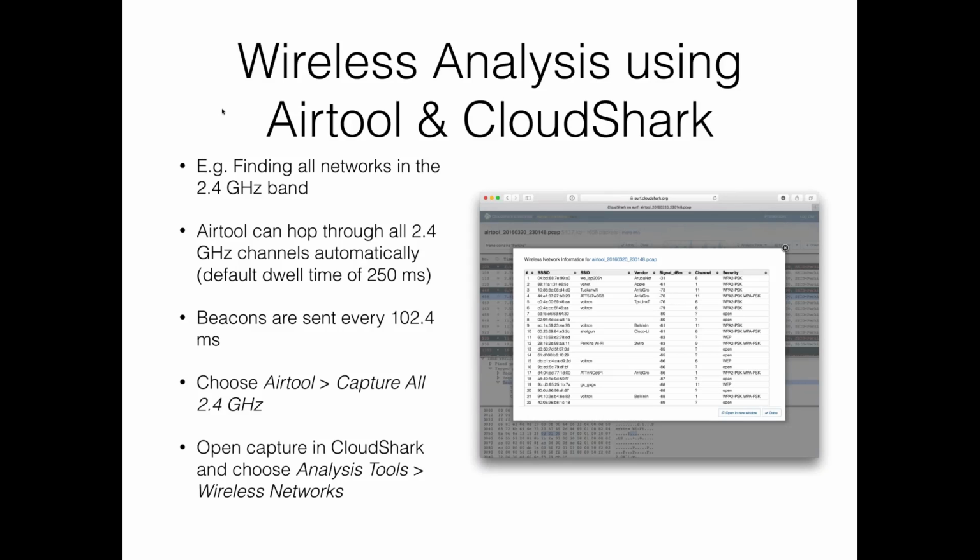So, wireless analysis. There are some things you can do with Airtool and CloudShark. One of the first things you can do is, for example, find all the networks in the 2.4 or the 5 GHz band, or both. And remember that Airtool can hop through the channels, and by default, the dwell time is